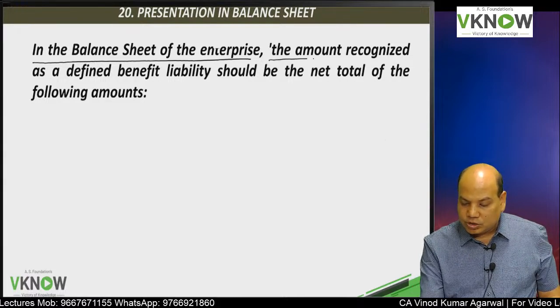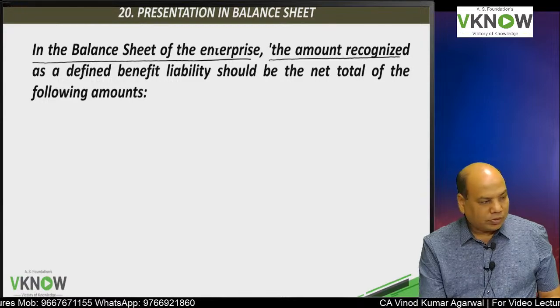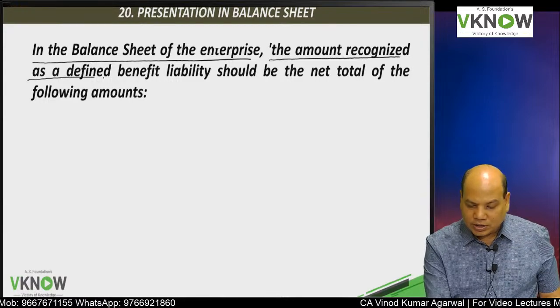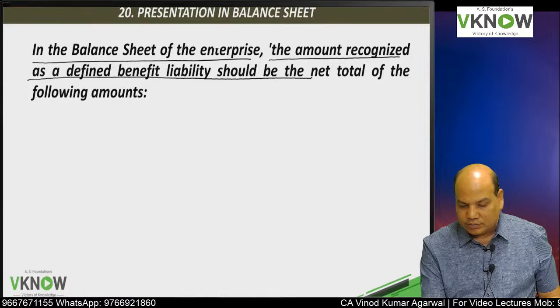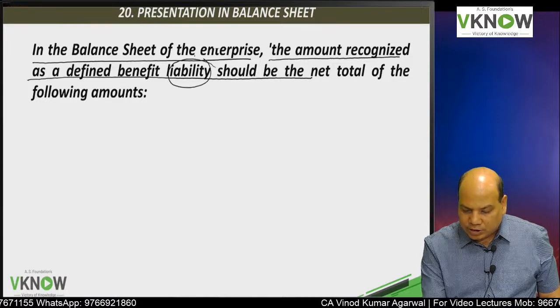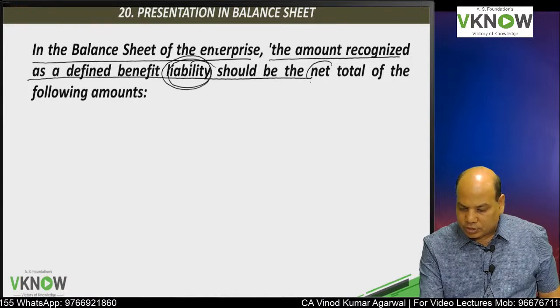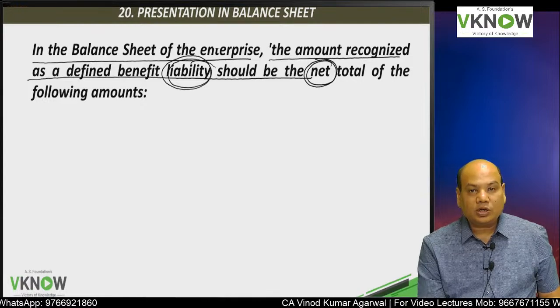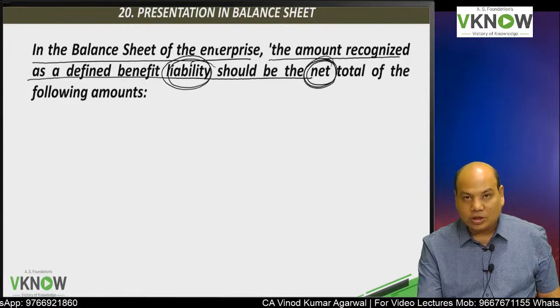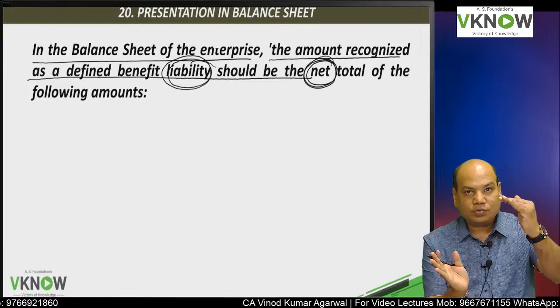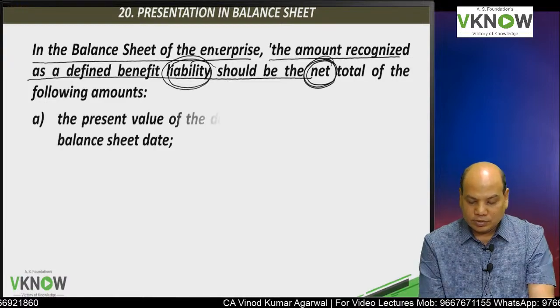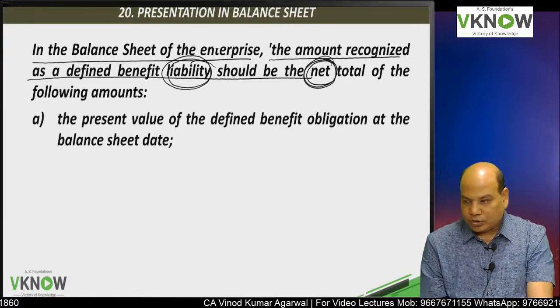In the balance sheet of the enterprise, the amount recognized as a defined benefit liability, that is the liability amount, should be the net total of the following amounts. Underline the words net total. Net total means you have to take the net of 3 numbers. First is